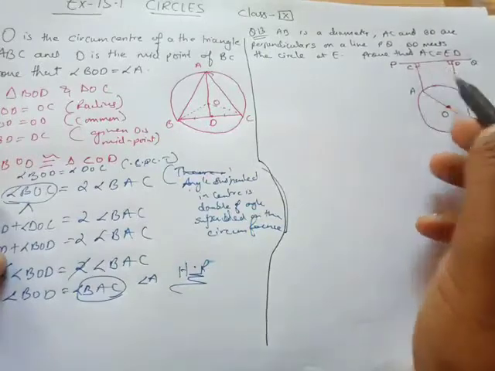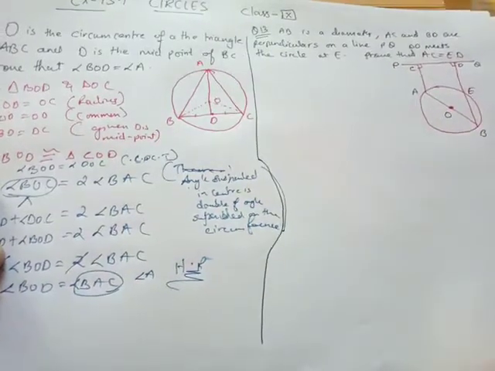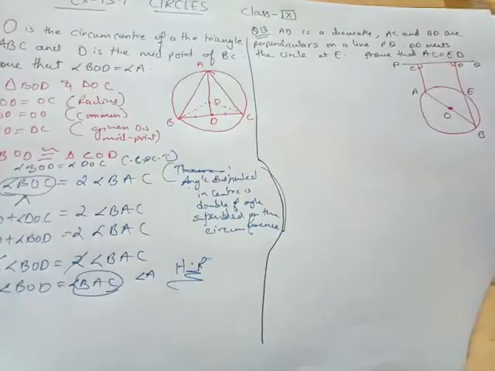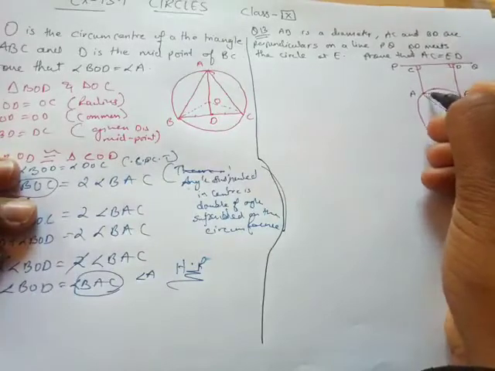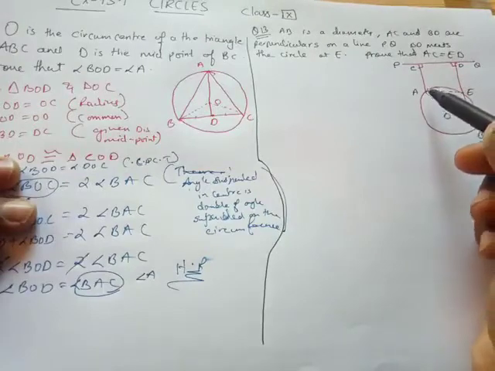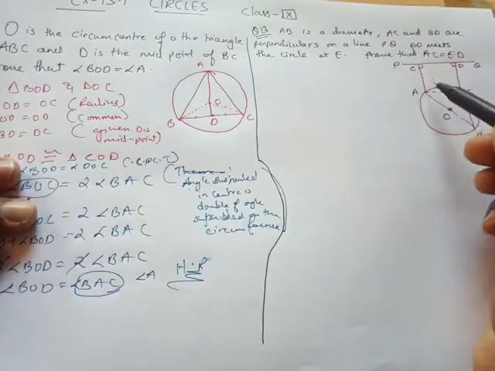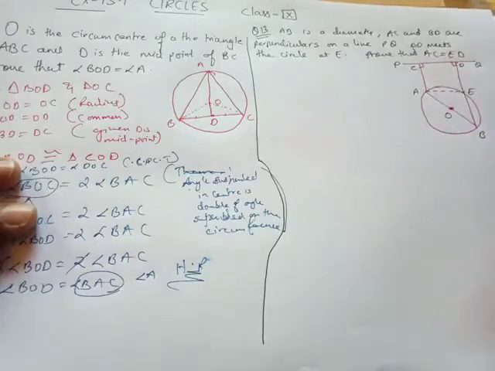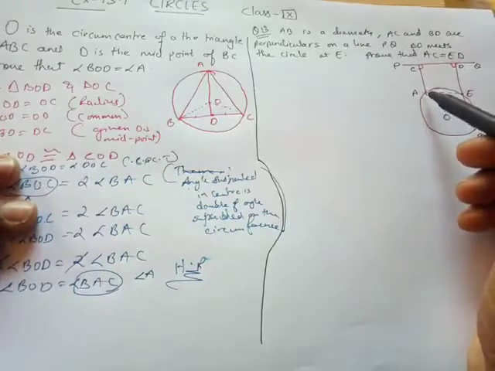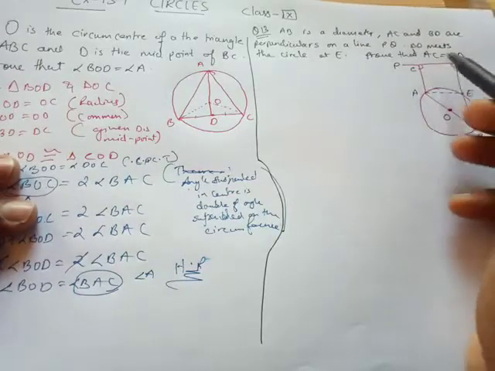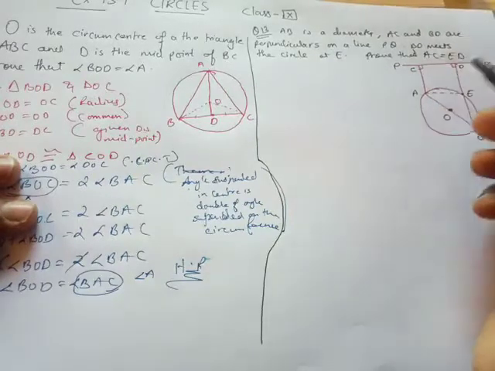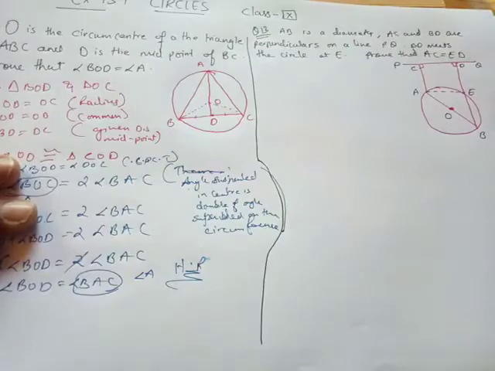I have to prove AC equals to ED. This is what I have to prove. Now you might be thinking how to prove, sir. How can we prove AC and ED? But you know what? If I draw a line like this. Now if I am able to prove AEDC is a parallelogram or it's a rectangle, then it's easy for me to say that if I have proved this a rectangle, then it will be easy to prove that the opposite sides of AEDC are equal because it's a rectangle. So the very first thing I have to prove is that AEDC is a rectangle or a square, whatever, or a parallelogram simply.